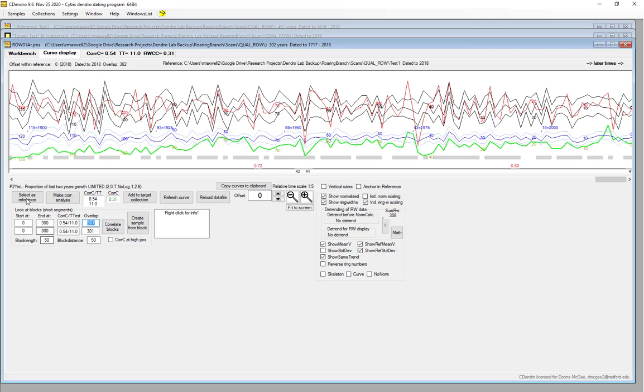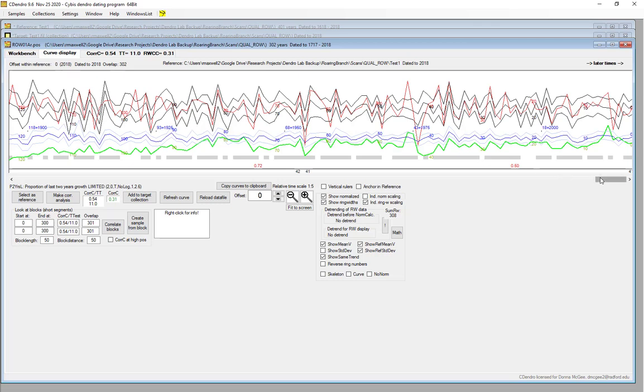Now, we could use this as a reference, but we don't necessarily need that because we have our own reference. But sometimes when you're trying to date samples, you may compare an A core to a B core and things like that. Let me show you what's happening here. The reference chronology is the black with the standard deviation around it. The red line is the series that we're looking at, 01A.